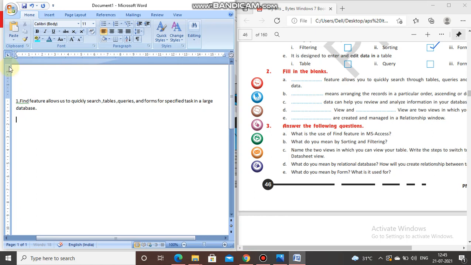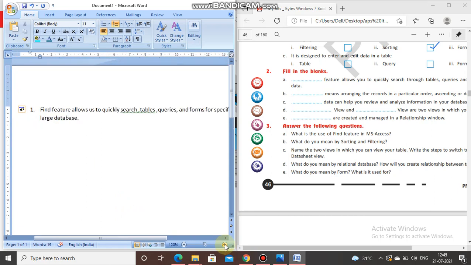Now second, wait, it will come like this. I'm just zooming it a little bit so you are able to see it.